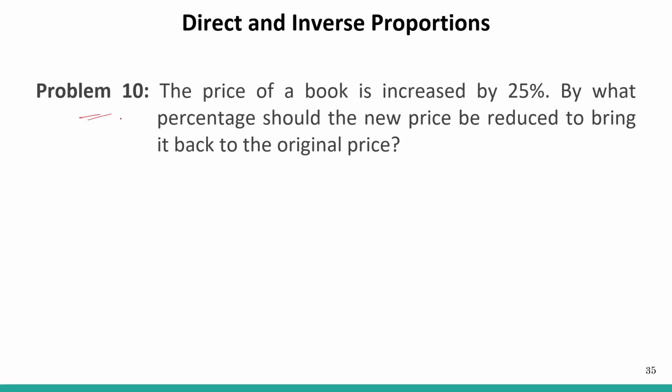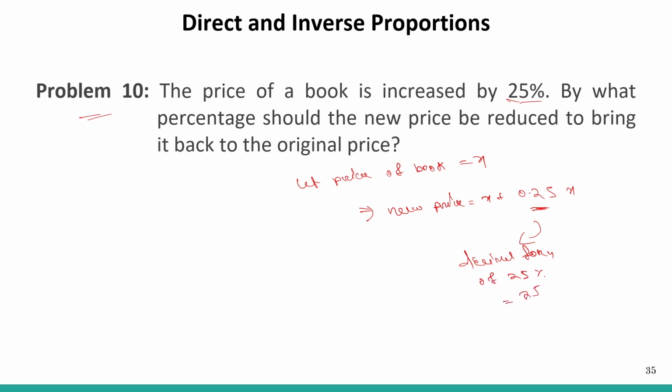So let's see the problem number 10. Okay, so the price of a book is actually increased by 25%. Okay, let the price of the book be equal to X. So this implies that the new price is equal to X plus 0.25 X. So 0.25 was multiplied here with X because it is the decimal form of